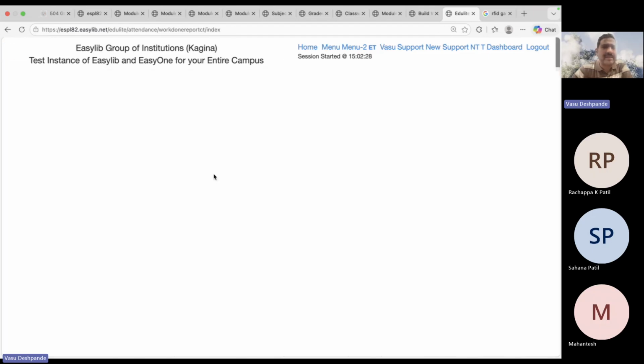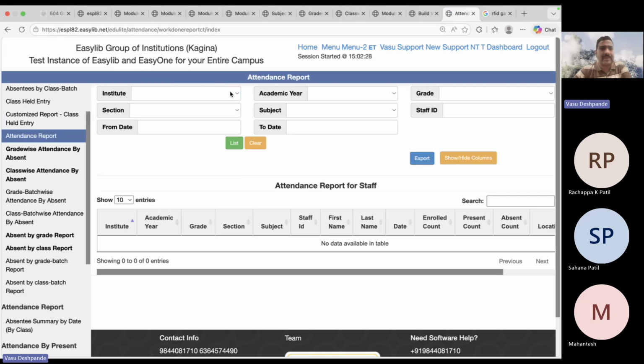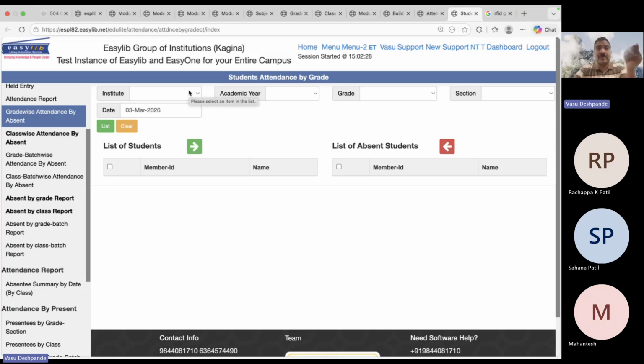Now there is a simple attendance report. If you're interested, you can ask, show me for this institute, for this particular academic year, who all are absent or present. So that's why you are going to see this particular absentee or attendance report over here. Then there is a grade-wise attendance by absentee you are seeing here. This is what we saw